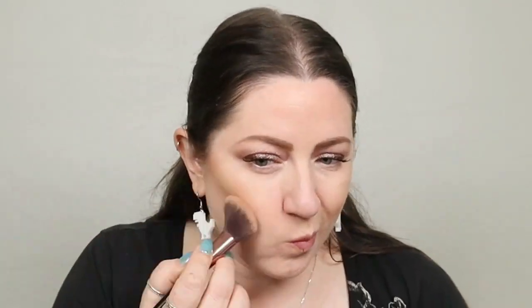It's just a little bit too deep for me, and it's finicky. It does not like every single brush that I pair it with. I have to use a pretty fluffy brush that's shaped perfectly, otherwise this formula will get patchy. It's such a shame because it's such a soft, pillowy formula. The problem is it does have a decent amount of tack to it, and so it can skip on the